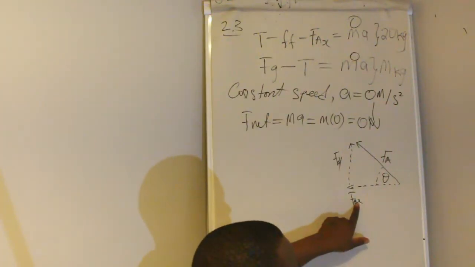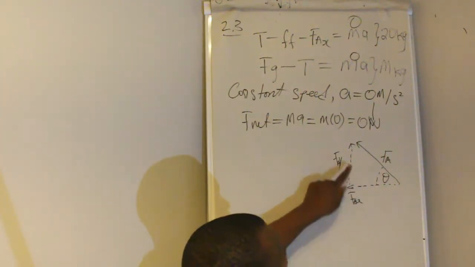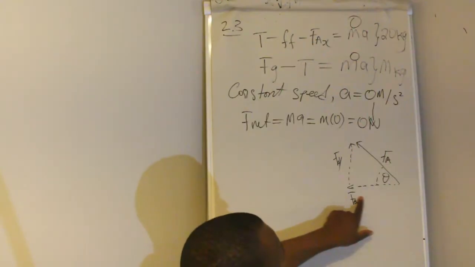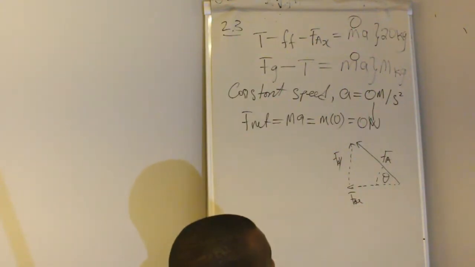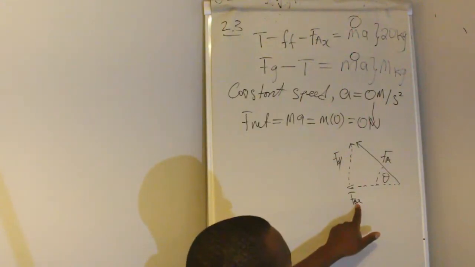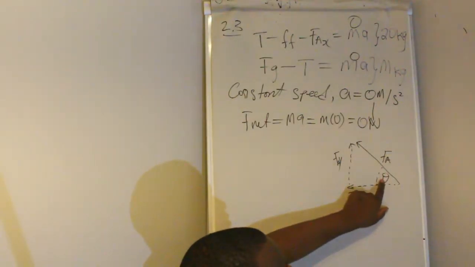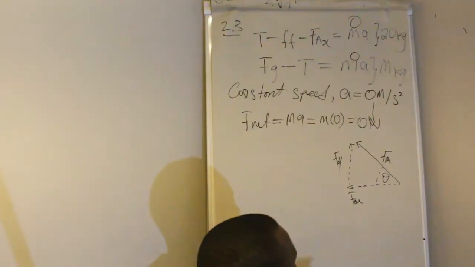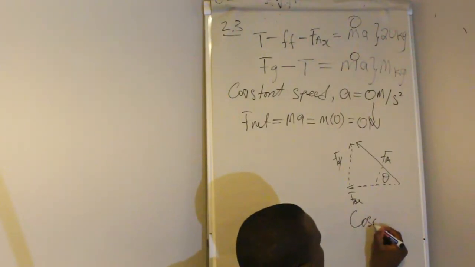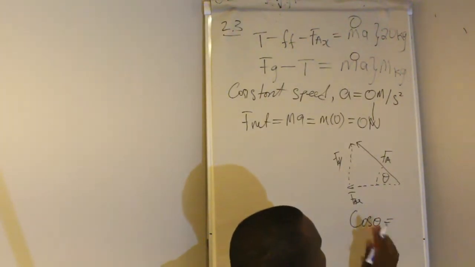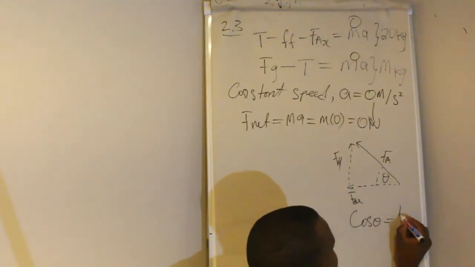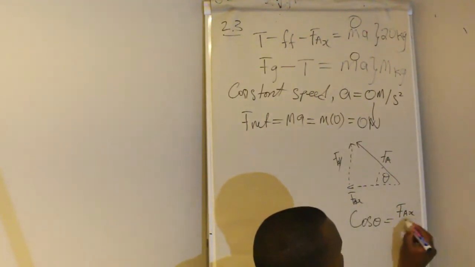So you can find the value of this force and the value of this force using the trig functions. For example, this one, you are given the original force and the angle. You want the adjacent. This is cos. So cos theta is adjacent over hypotenuse,